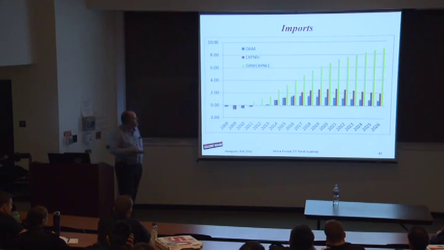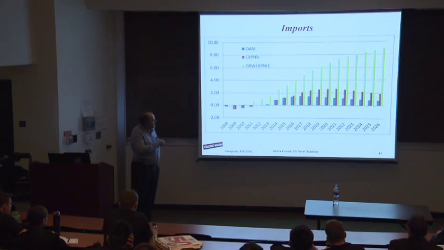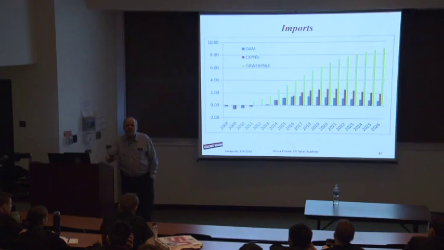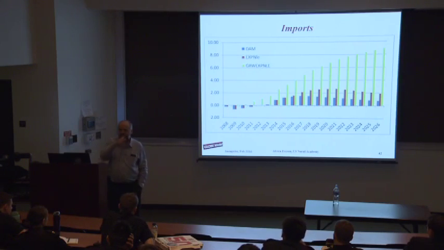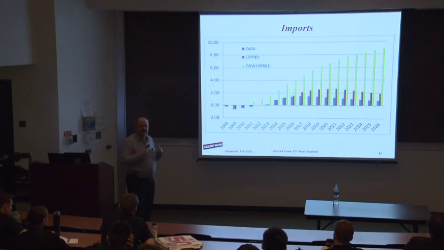Okay, we see what happens with imports. They decline in the earlier period under most of the scenarios. Why do they decline? Because the government's dragging expenditure out of the households. It's having to tax the households to fund the project. Households have less money to spend, so in a sense you're getting a bit of shrinkage of the economy, which we saw in the GDP ones at the beginning, so that we can fund the project. However,